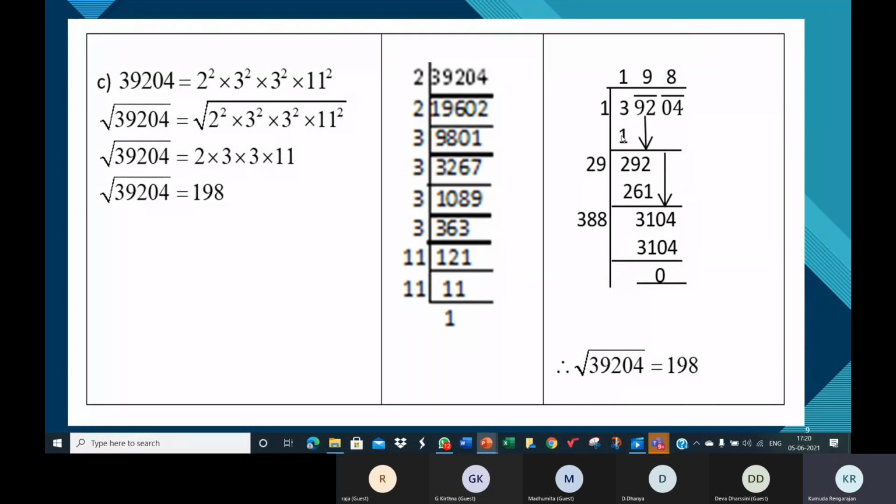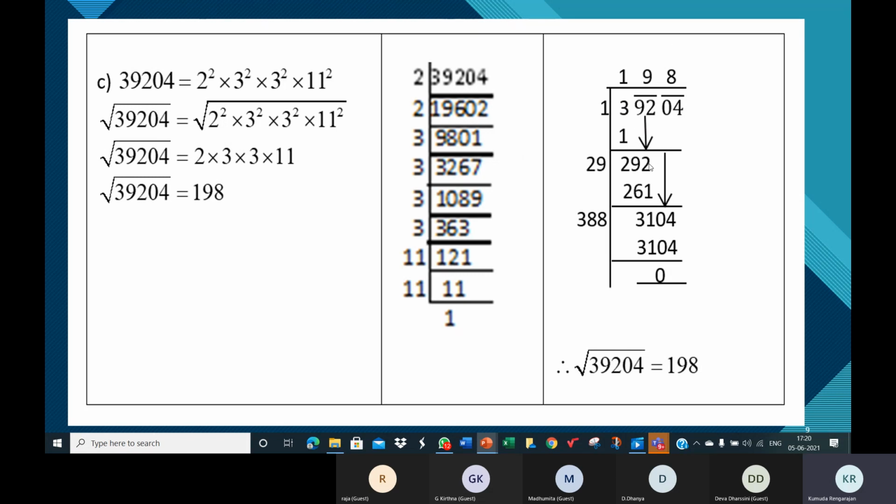So it's not 2 twos are 4 because it's more than 3. So it's 1 ones are 1. Then 3 minus 1, 2. After subtracting, bring the next pair down. After subtracting, first we write 1 ones are 1. 2 is a remainder. Bring the next pair down. After this, after subtracting